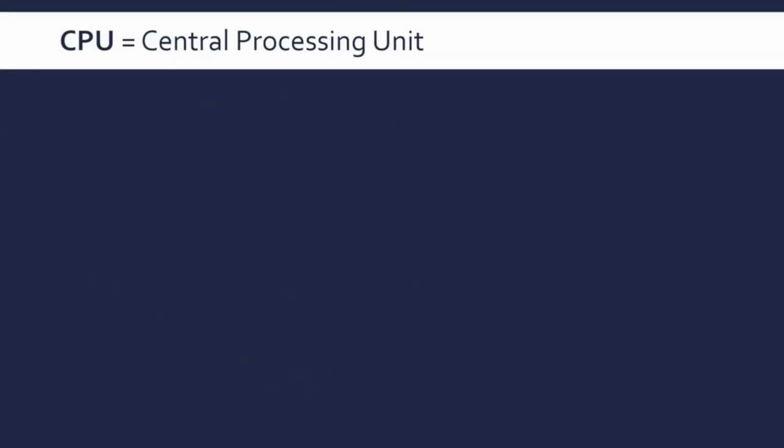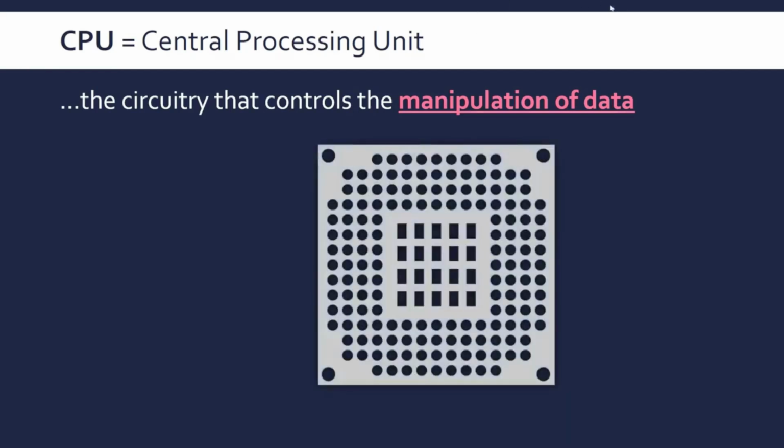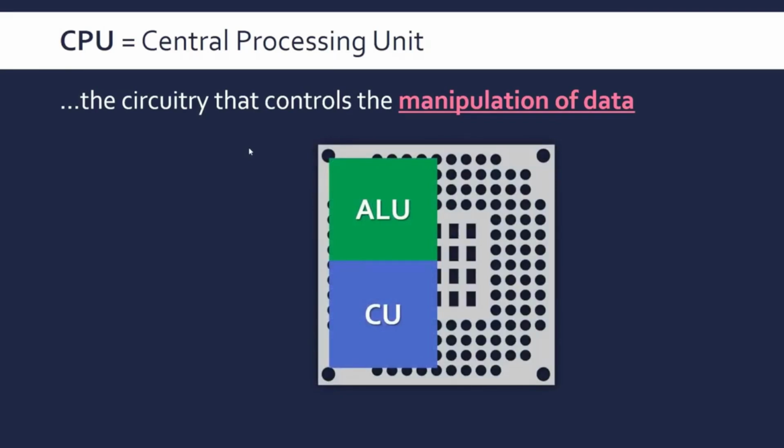So it stands for Central Processing Unit, and it's the hardware that controls the manipulation of data, it processes data, that's what it does. And it's worth pointing out that in a computer there are potentially several processors. Not only can you have multi-core CPUs, where you have kind of like several CPUs within a CPU, we'll look at that a bit later. But you can also have processors and things like graphics cards and sound cards. So processor is kind of like a general term, but it is used interchangeably with CPU, just bear that in mind. But to start off, let's just break it down into three components: the ALU, the control unit, the CU,